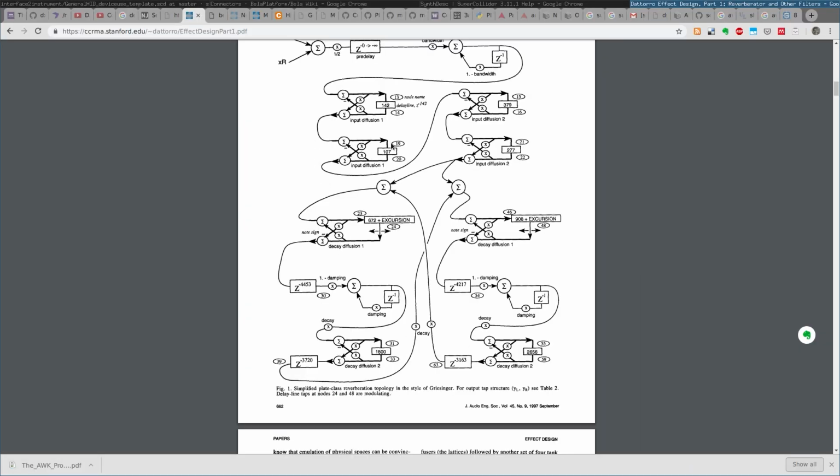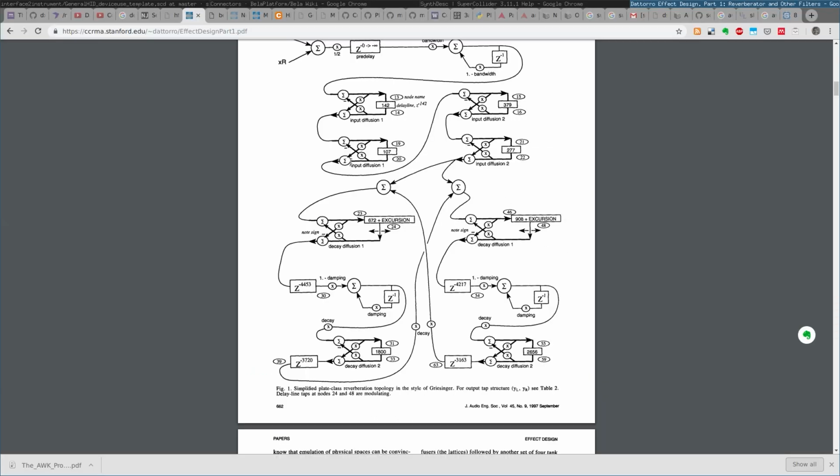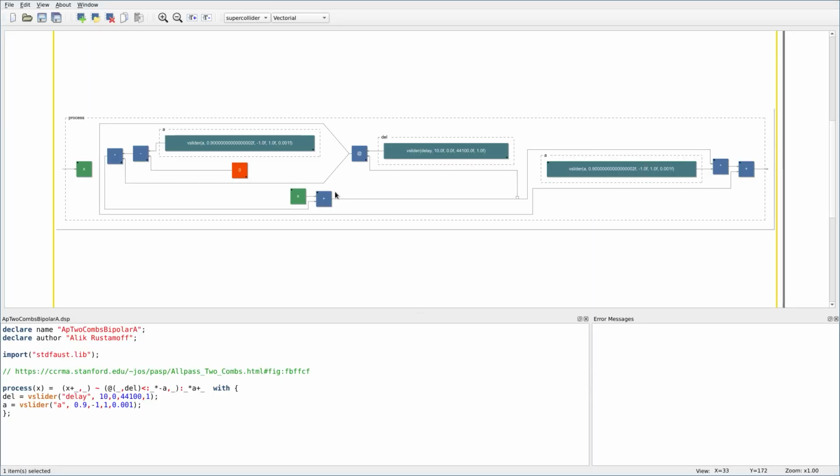So this is this path, and here it gets summed to the direct path as well as this feedback path. And this feedback path goes from here, it gets multiplied by A again,